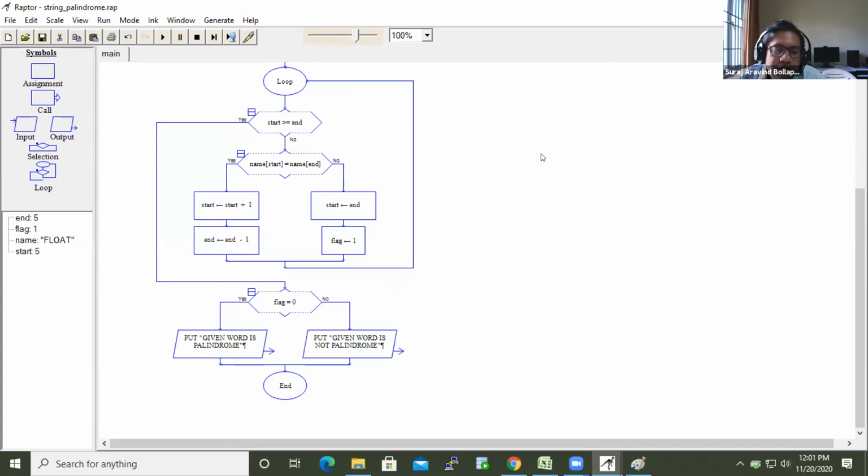Once we are comfortable with Scratch and Raptor, we can proceed with the Python programs from the next classes onwards. In the meantime, for those who have joined a bit late and require some more practice, for the regular classes we can have a breakout room, and only the selected students who want to practice can be in the breakout room sessions. One of the faculty will be there. We can ask them to share their screen and try to overcome any problems which they face. Okay. So that's all from my end.